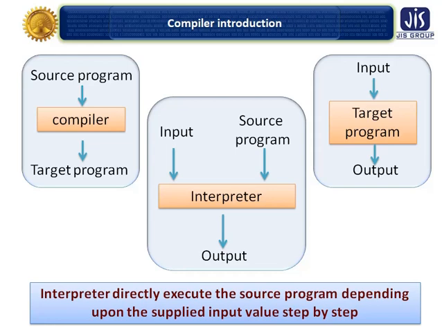It will check statement-wise. The first line will be checked. If there is no error, then it will go to the second line. If in the second line there is no error, the interpreter will go to the third line to check the syntax. If in the third line there is a syntax error, then the interpreter will stop executing. But for the first and second lines, it will give the corresponding output if it exists.